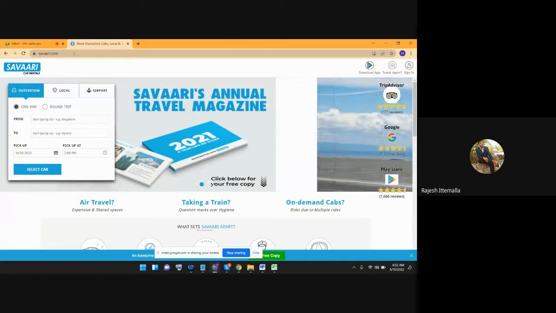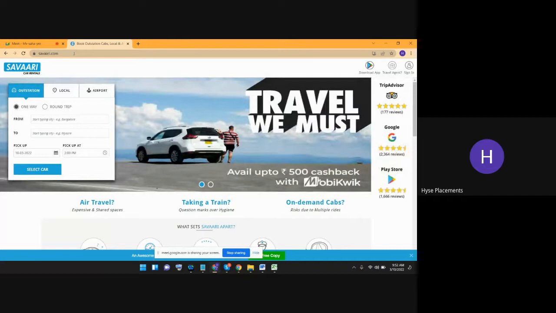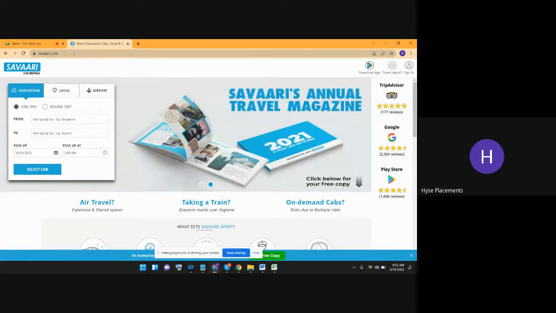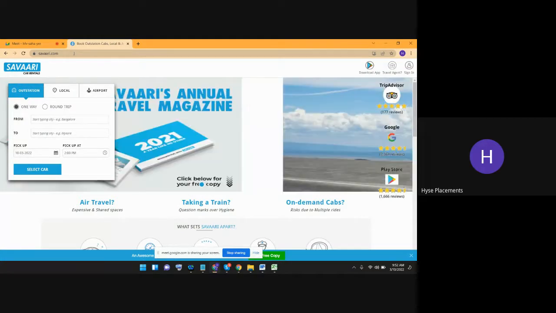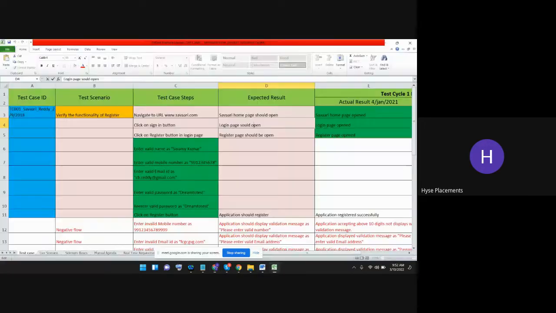While writing the test cases, you are thinking this: when I enter www.savari.com, the Savari homepage should open. That's why I wrote the sentence as a test case step and expected result. The same way, what I did now,